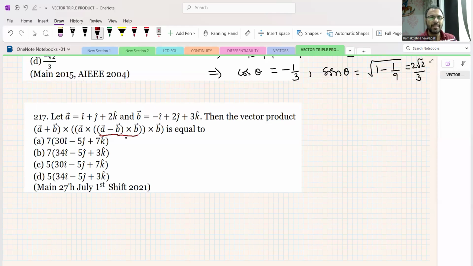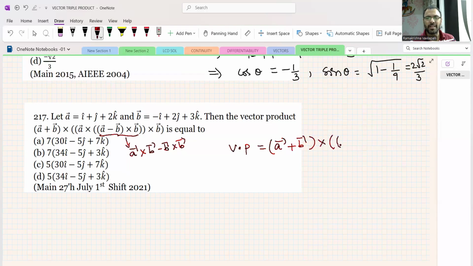Okay, this simplifies to A bar cross B bar minus B bar cross B bar. So that B bar cross B bar vector becomes 0. Well, so the given vector product is equal to, now I will write that A bar plus B bar, okay, cross,